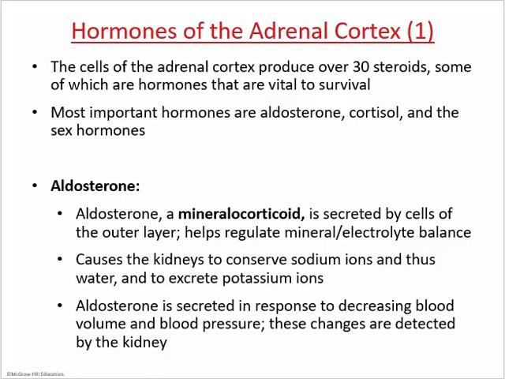So aldosterone causes sodium-potassium pumps to turn on in the kidneys, so you reabsorb more sodium, or get rid of potassium. So if potassium levels are high, aldosterone helps you get rid of it. If sodium levels are low, aldosterone helps you get more. That's going to change osmosis, which will change blood pressure. So blood pressure is a key to aldosterone release. So aldosterone is part of regulating blood pressure as well as the electrolyte balances.